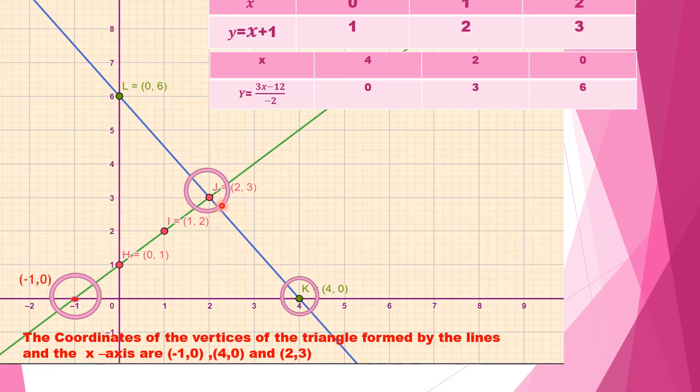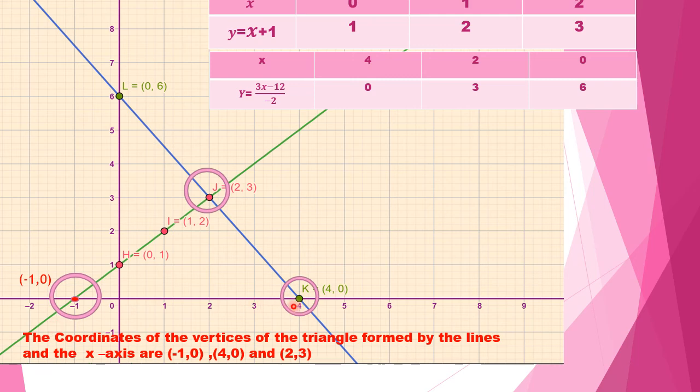And you can even find out the triangular region, which is the main part which we are supposed to plot in this graph. I have encircled the 3 points at which this triangular region is formed. First point is J. The second point on the x-axis is over here, minus 1, 0. And the third point, at which the blue line is cutting the x-axis, is 4, 0. The green line is cutting the x-axis at minus 1, 0. And both these lines are intersecting each other at 2, 3. So these are the three vertices of the triangle.